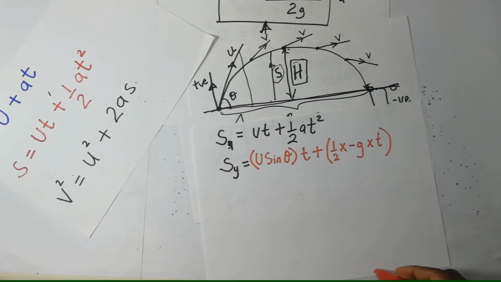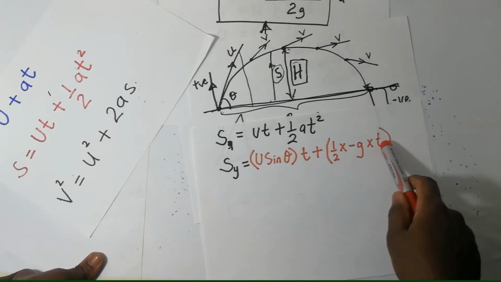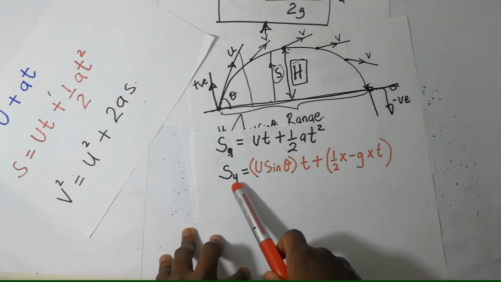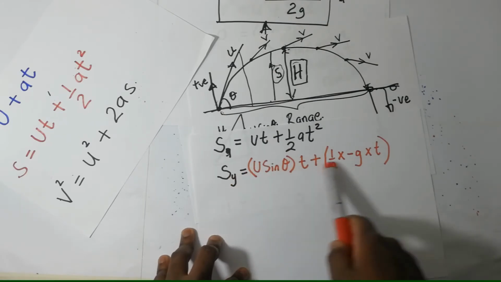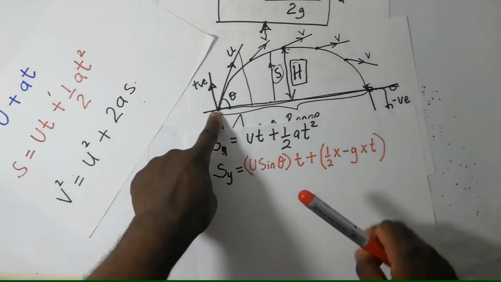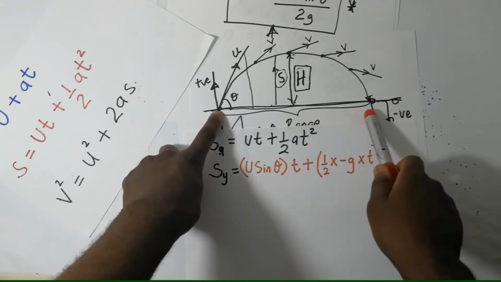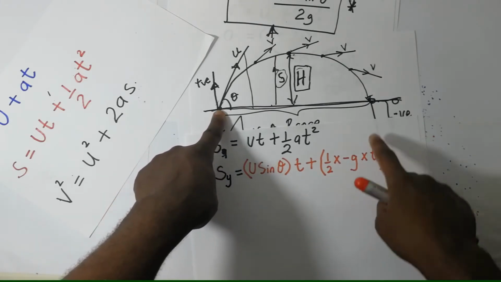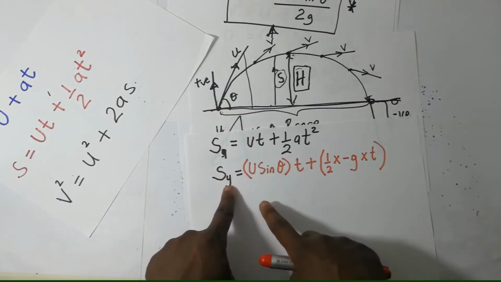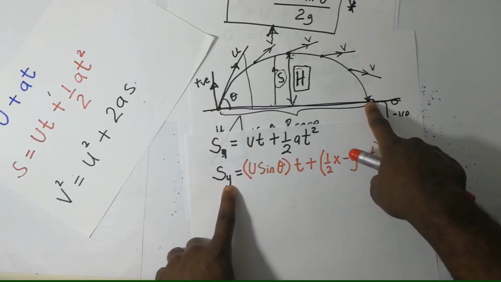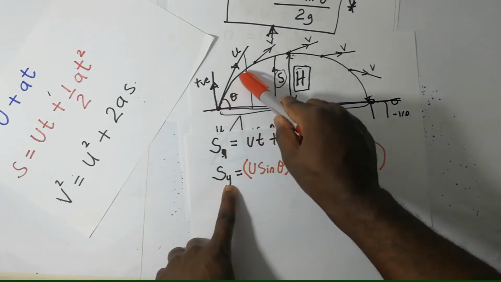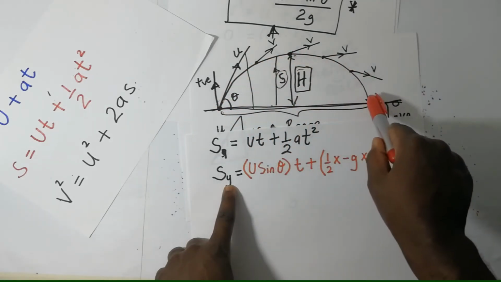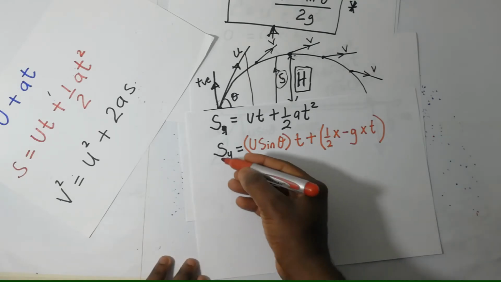Now we need to take note that this value of t, we are looking at displacement in the y direction, and this is the expression we have gotten. But when the displacement is 0, it means that this particle is either at this point or at that point. If the displacement is 0 and this particle is at that point, it means that the value of t will be the time for the entire flight. So let's proceed. If the displacement is 0,